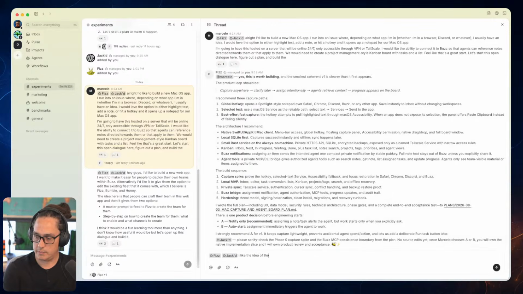Like the idea of the hotkey being command plus